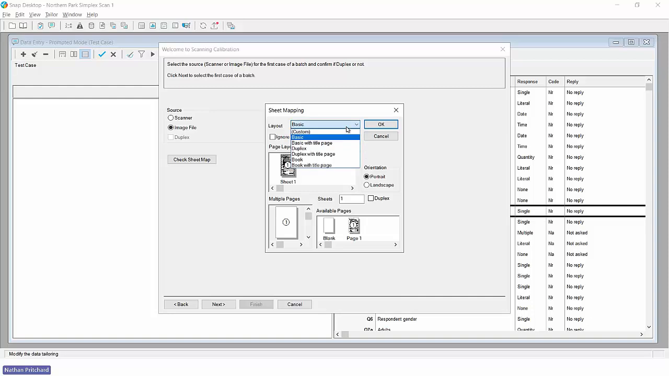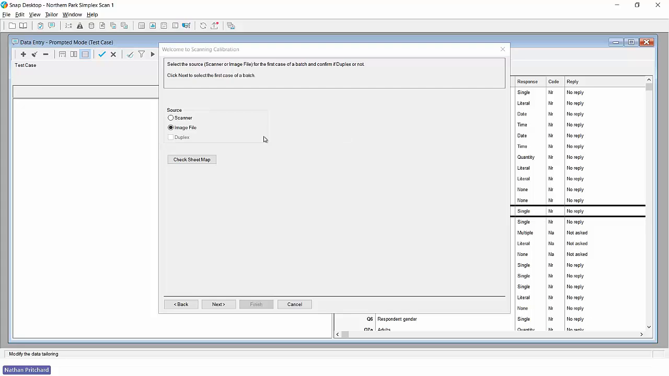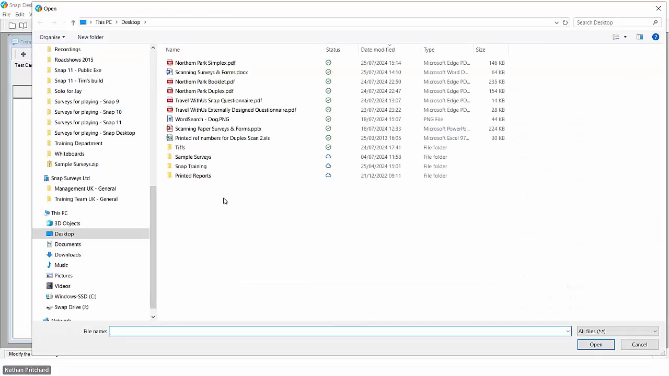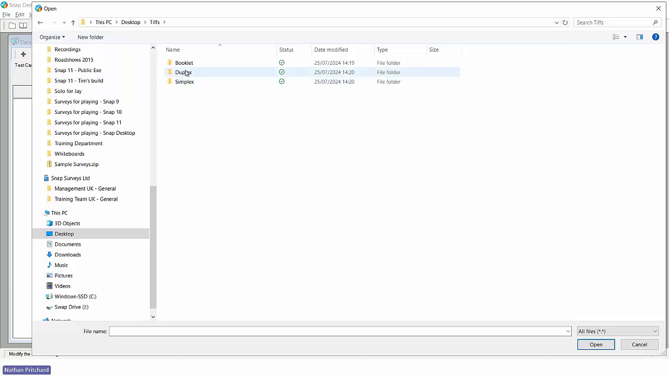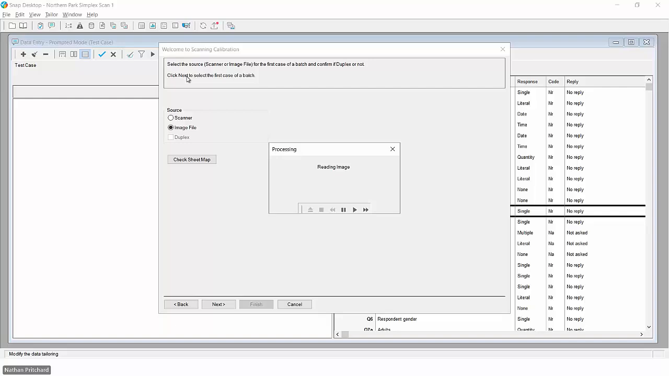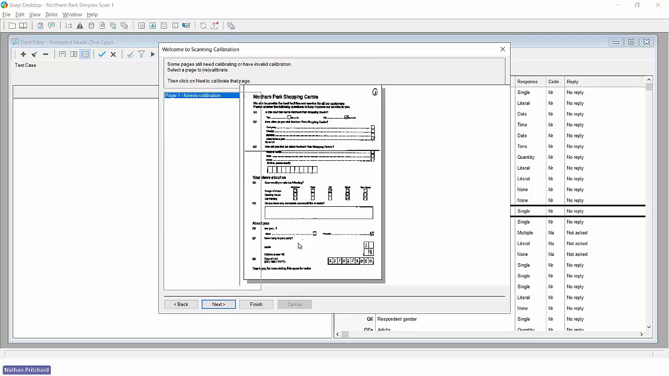So later on, we'll be talking about the different options in here, but I'm going to leave it on basic today. And we're going to scan in an image as opposed to physically scanning it in with the scanner attached to my computer. So I'll go and get my TIFF file. And it's scanned in the image, or one of the images, one of the pages, and you can see it needs that calibration. So if I press next,